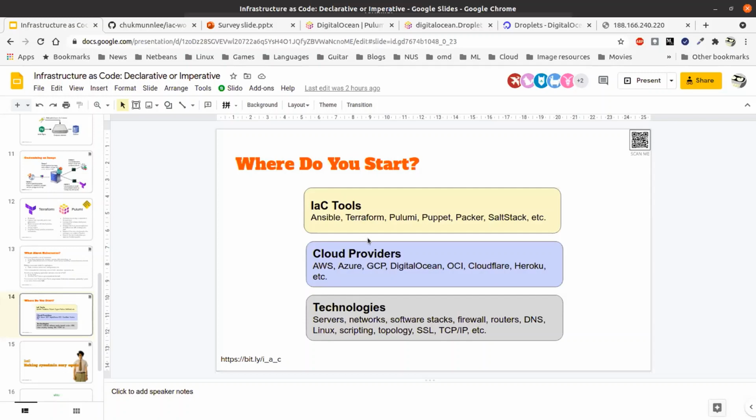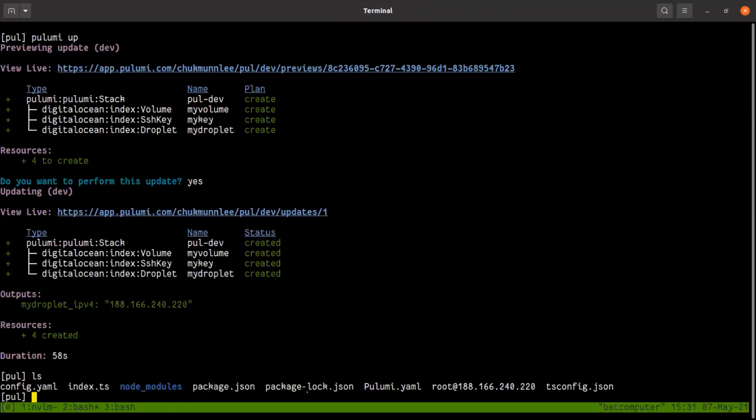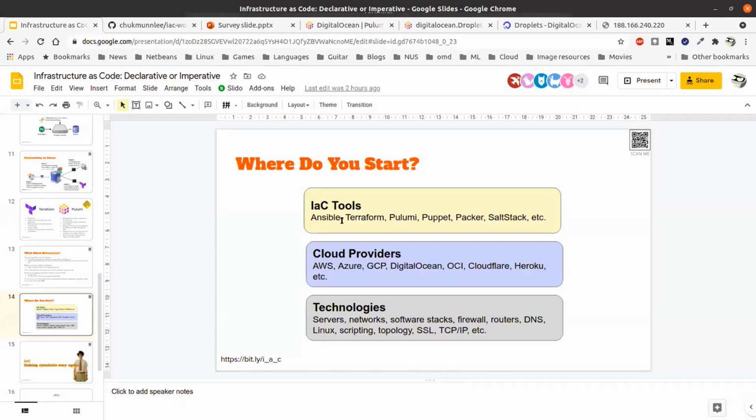Let me give you an example. Sometimes I generate a whole bunch of IP addresses for Ansible, like I do here, and you use Ansible to connect. When you try to connect, Ansible will give an error because the IP address hasn't been trusted. So what you need to do is use Terraform to generate a script to automatically add all the IP addresses into your known hosts, and then run that before you can run Ansible. So you need to have all these little bridging steps that may or may not be part of Terraform and Ansible.